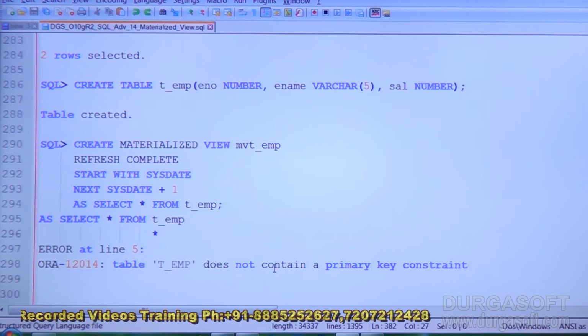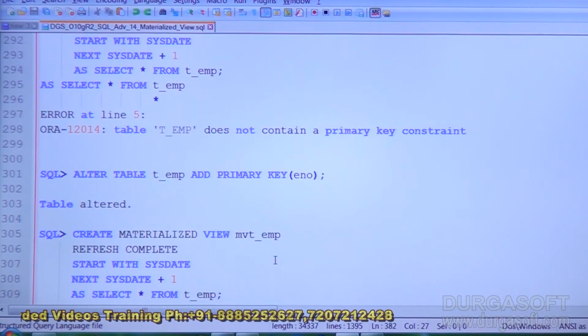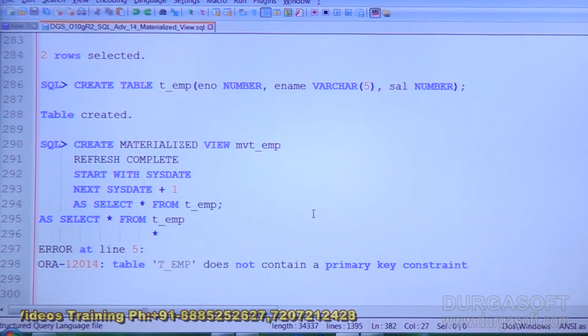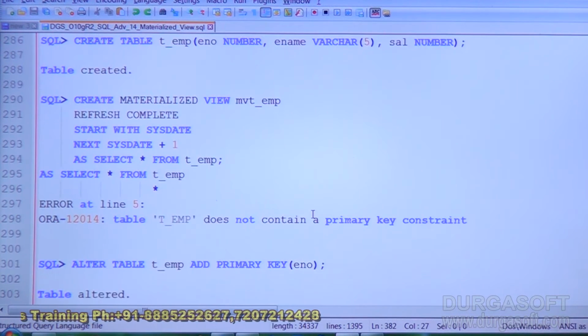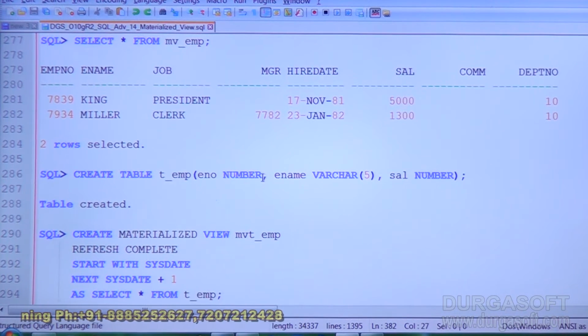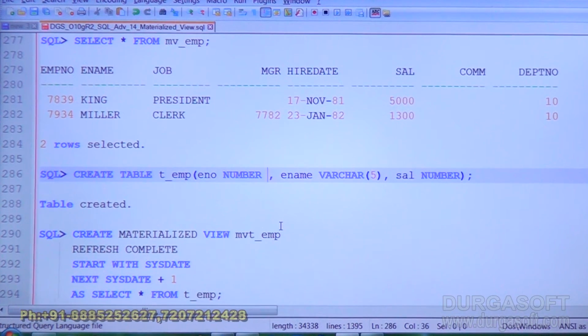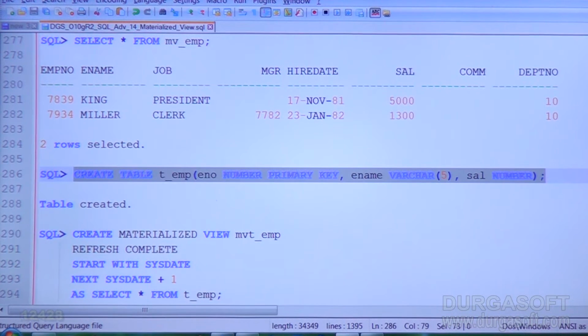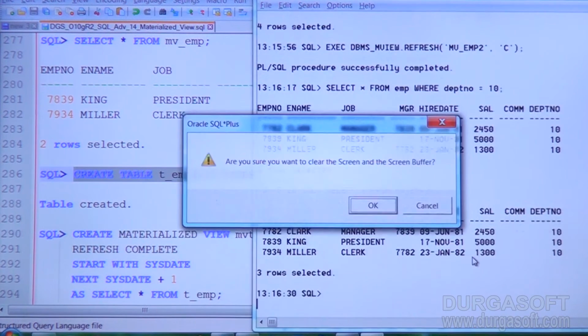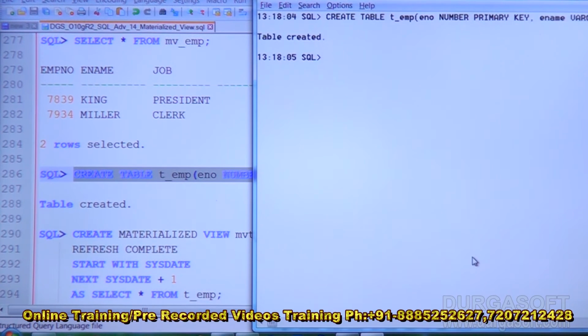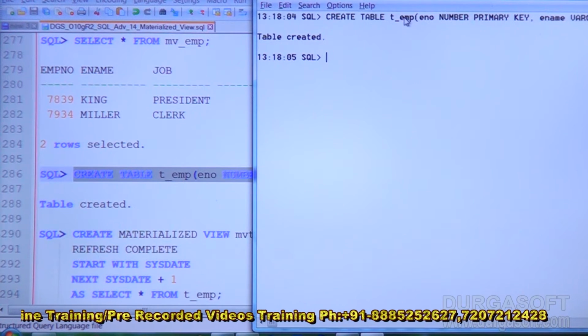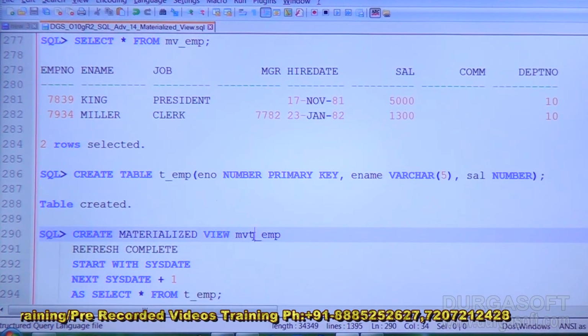Okay, let us create a temporary table now. One normal table. We don't want to spoil the data in the EMP table. Let us create one table, T_EMP, employee number, employee name, salary. Employee number must be primary key. Primary key is mandatory, so we are using primary key. Creating our own table, T_EMP. Now we are creating one materialized view,